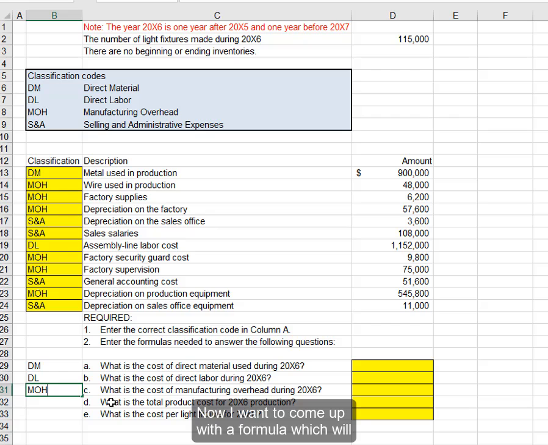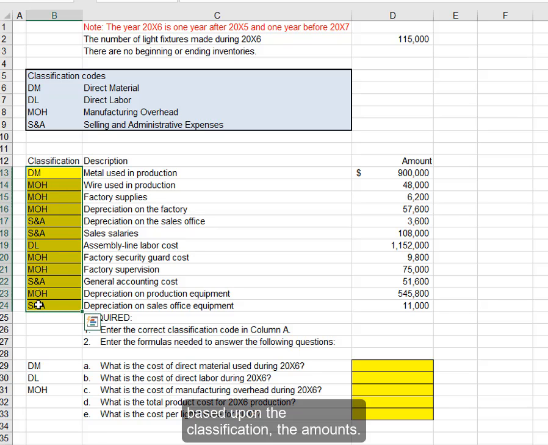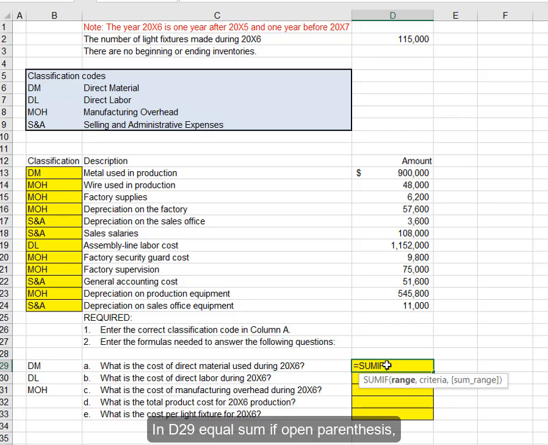Now I want to come up with a formula which will accumulate all the amounts every time a DM appears. In D29, we want to put in a formula that will sum, based upon the classification, the amounts. In D29, equal SUMIF, open parentheses,